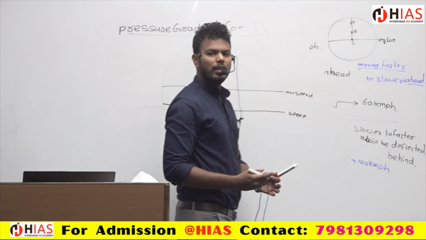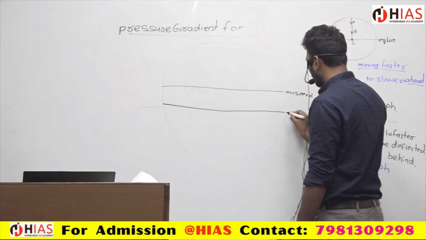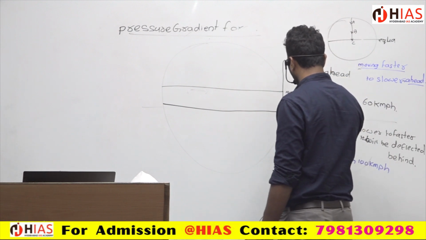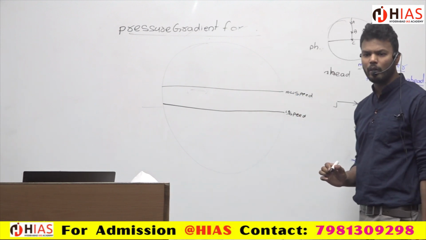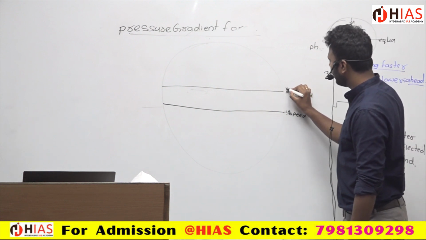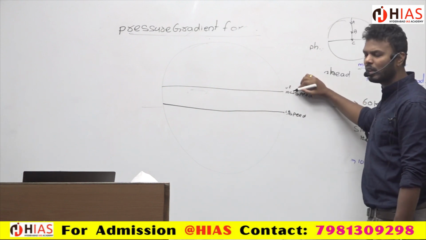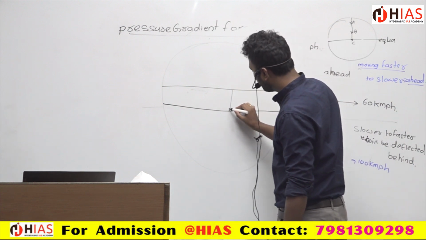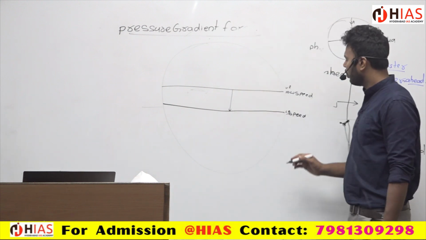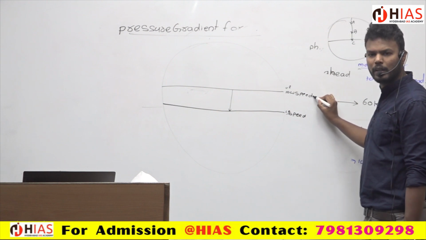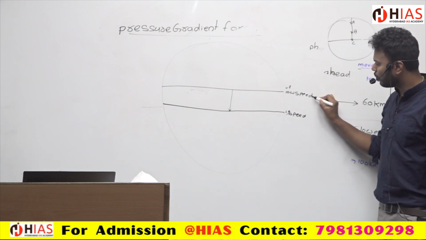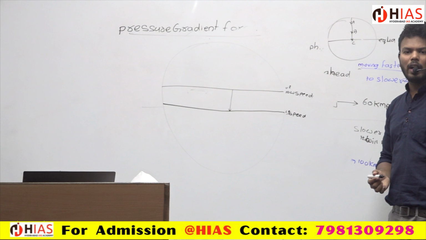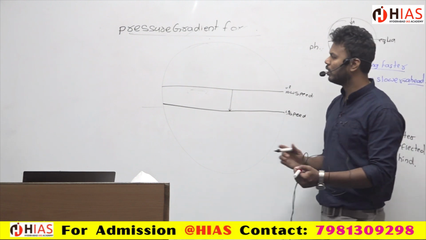Suppose a wind is traveling. See, this is the low pressure because the temperature will always be high over here. And this will be the high pressure, as compared to here the temperature will be less. So wind will try to come from this place to this place. But this is what? Low speed.